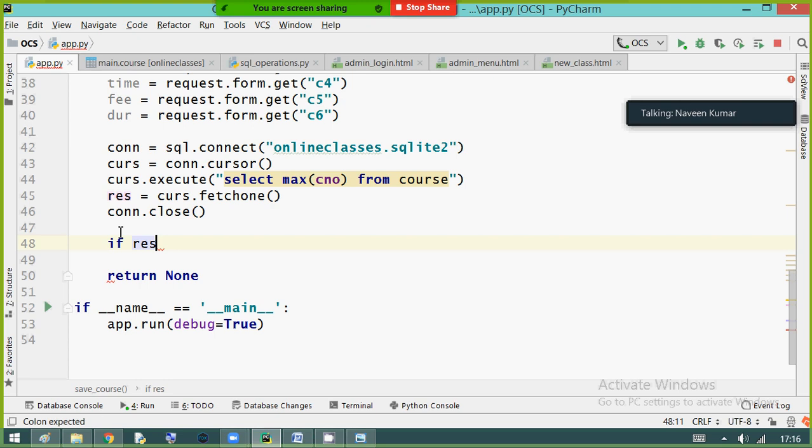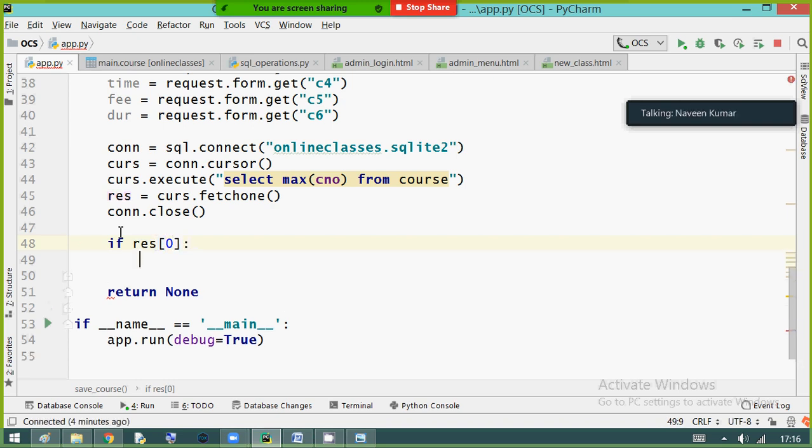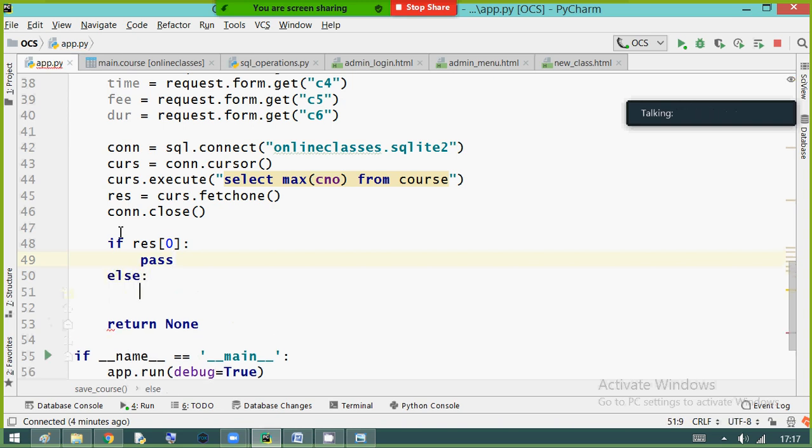If result of 0, yes, directly I am writing result of 0 inside the if. Now concentrate. If result of 0, assume None. None means there is no data in the table. If there is no data in the table, make your course number 1001.